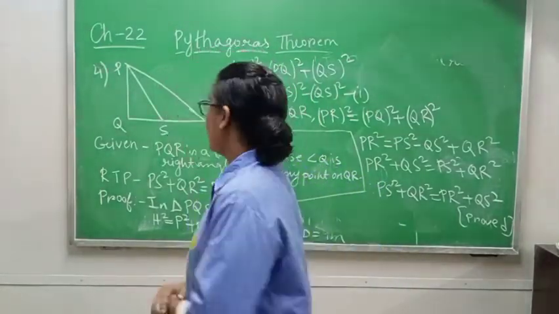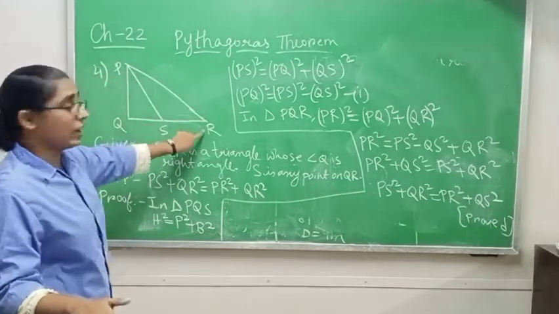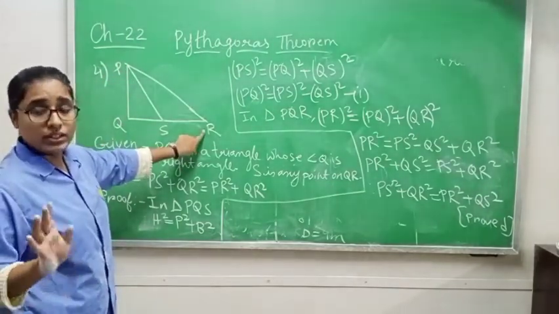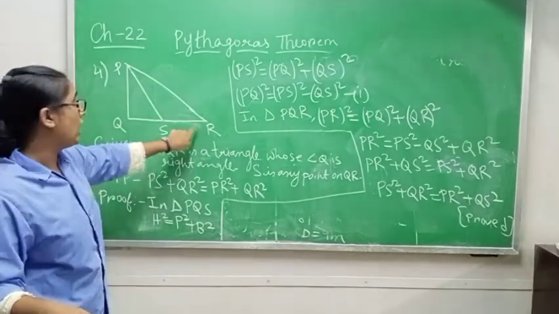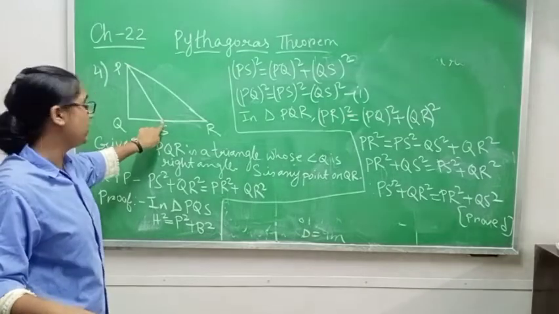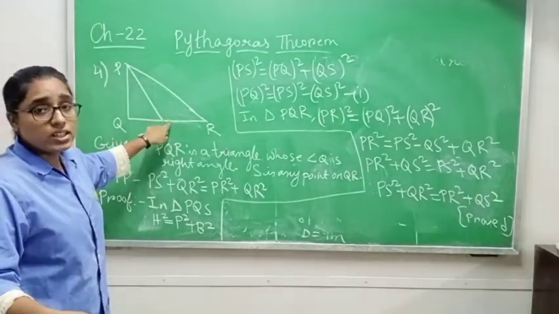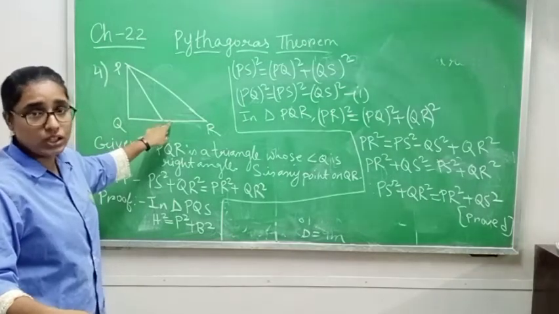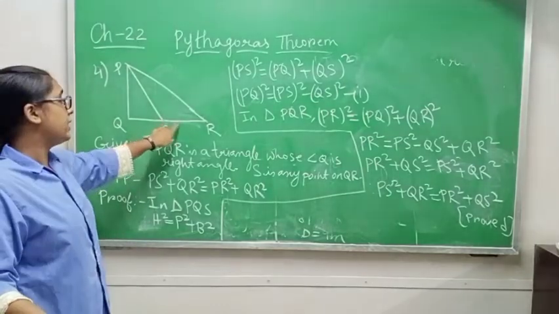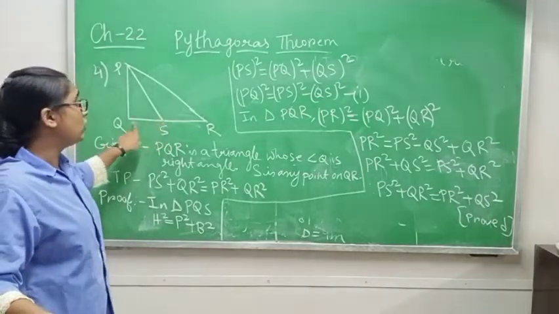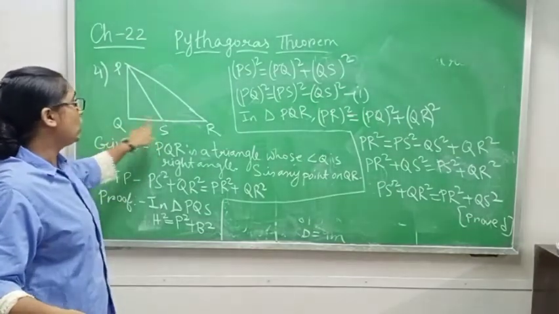What you will do, first what is given, I have drawn triangle PQR. Now it is written, if S is any point on QR, I am taking one point. It is not necessary that S will be the meet point. It is not written that S is the meet point of QR. So you can write anywhere, but S will always lie in QR. So it is written S is the point on QR.